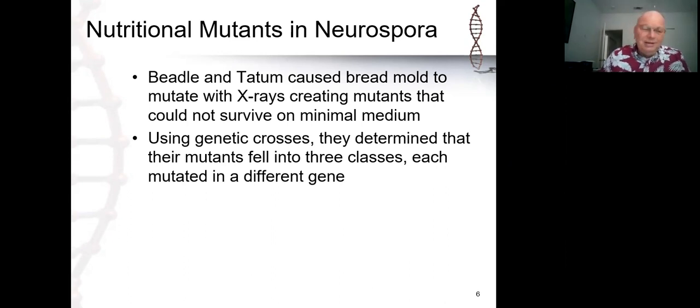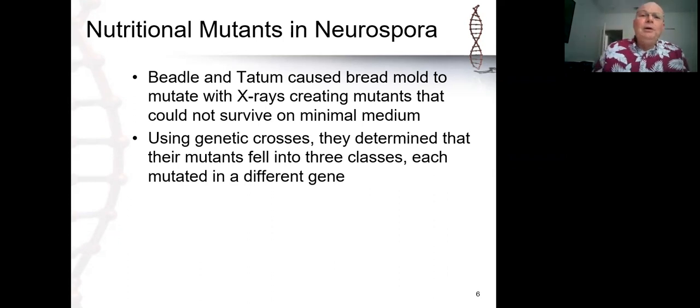Because at this point in the mid-1930s, it was known that X-rays could create mutations. This is why it was so unfortunate in the case of Rosalind Franklin that she chose to ignore what was known about the effect of X-rays and not to take precautions while she worked with them. And as we talked about in the previous presentation, that did not serve her well because it is almost certain that her cancer was a product of her exposure to X-rays.